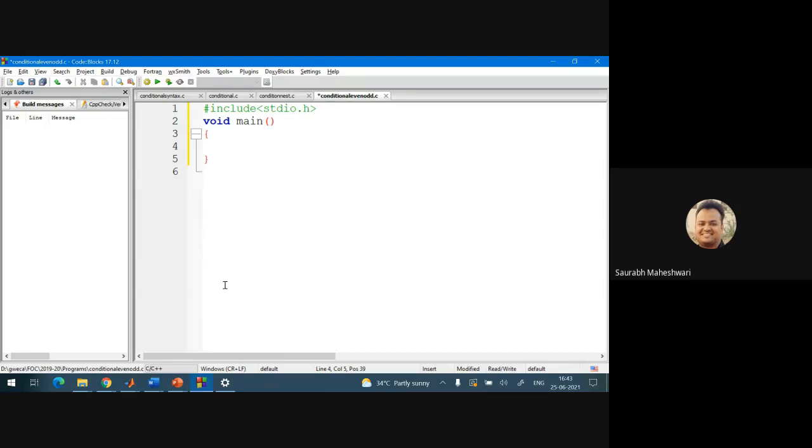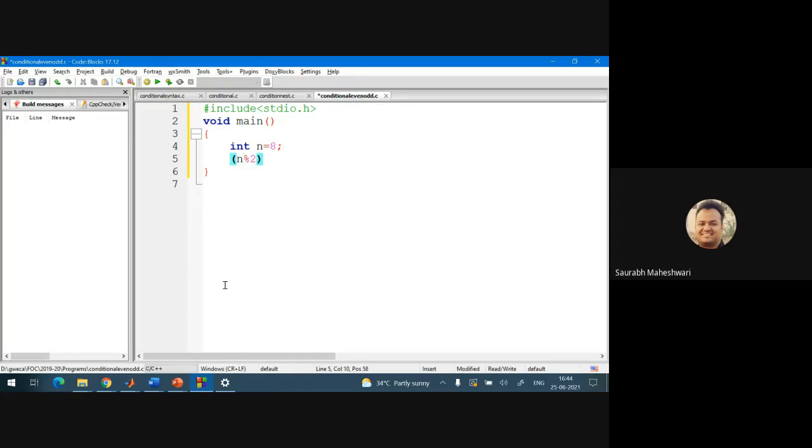If I want to find whether the input integer is even or odd, how do we do this? We will take an integer n, and let us suppose we take the value over here only. You can take this value from the user also, but right now our main emphasis is to show you how to do this with the help of the conditional operator.